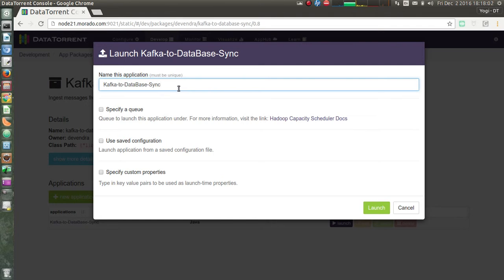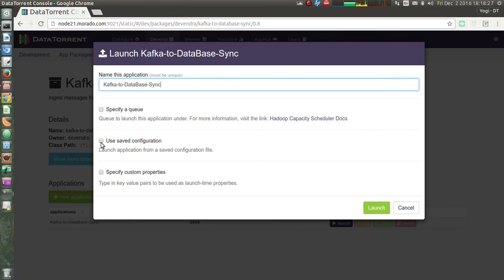For now, I will keep it as default. The second property is for specifying a queue. This can be used if you are interested in using the multi-tenancy feature in Hadoop. If you are not very sure about it, you can just keep it unselected, which will route your job to the default queue in Hadoop.